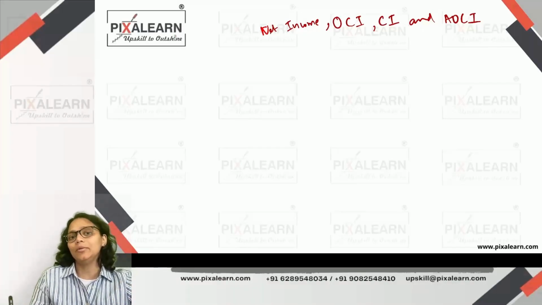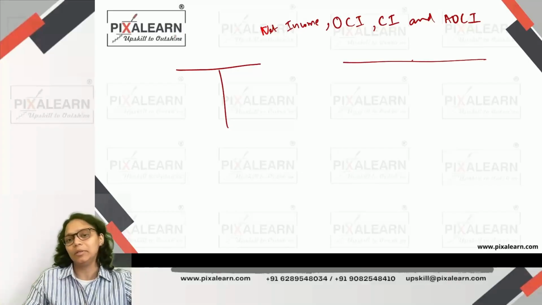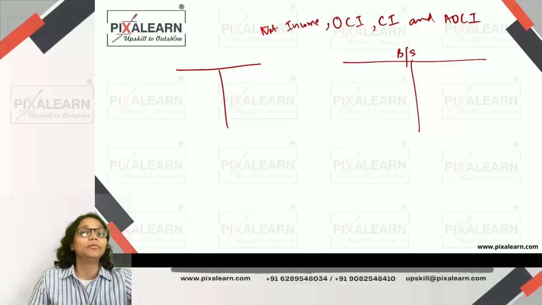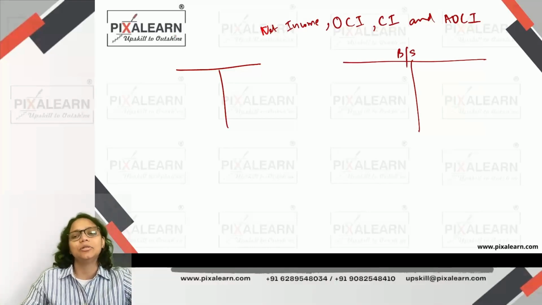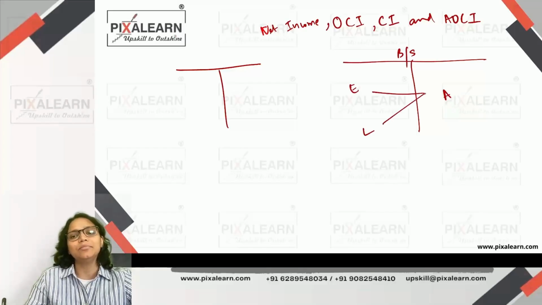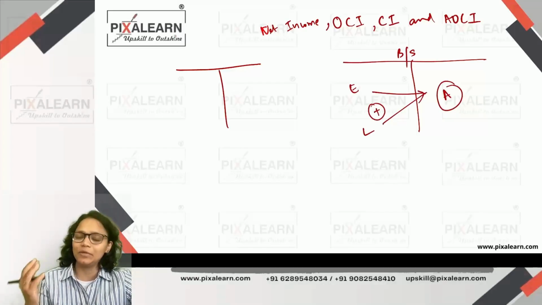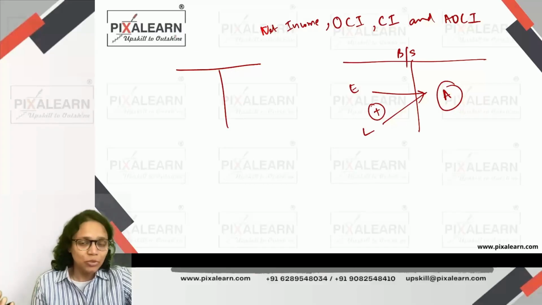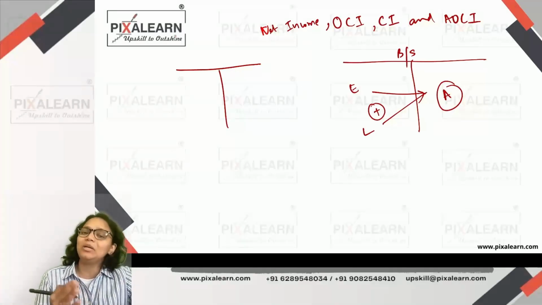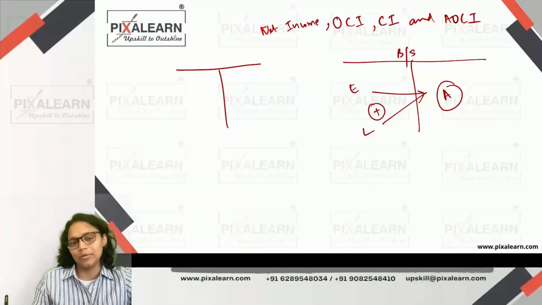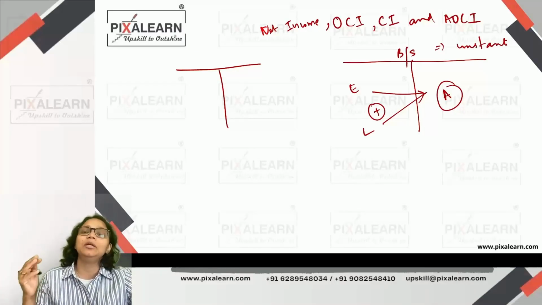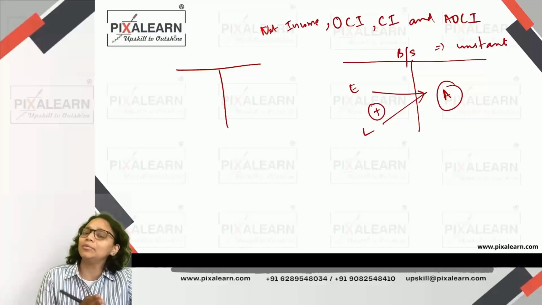Now, before we get into the technicalities of these, I want to establish one very simple thing, right? Now, we all know that it was a balance sheet that was discovered first. And the idea was, it's a simple thing, right? We just have A is equal to L plus E as a simple balancing equation. So whatever a business enterprise owes, it has to give it back to either the external or the internal shareholders. Now this keeps moving, and this shows you the net worth of the organization since the time the organization came